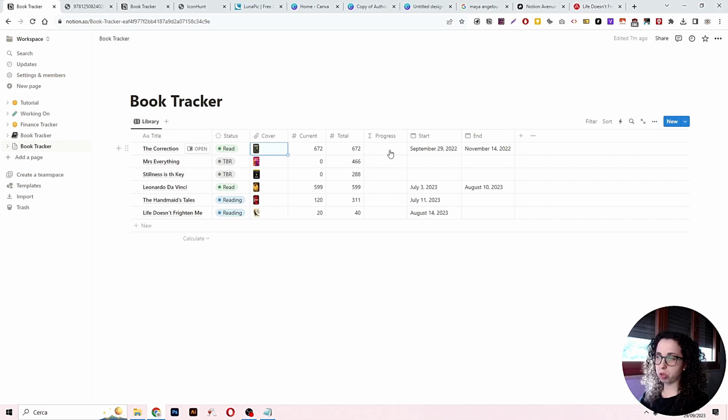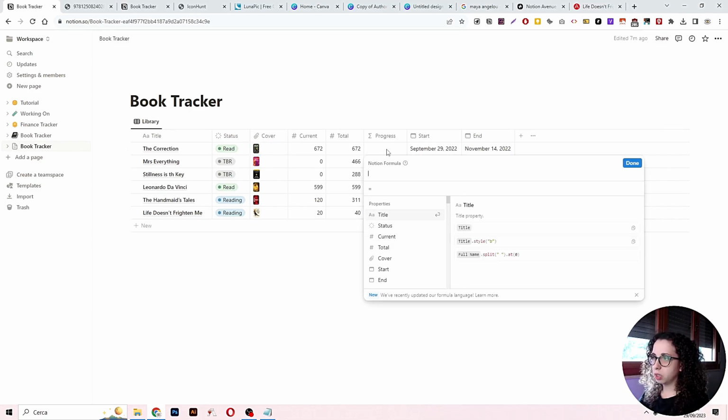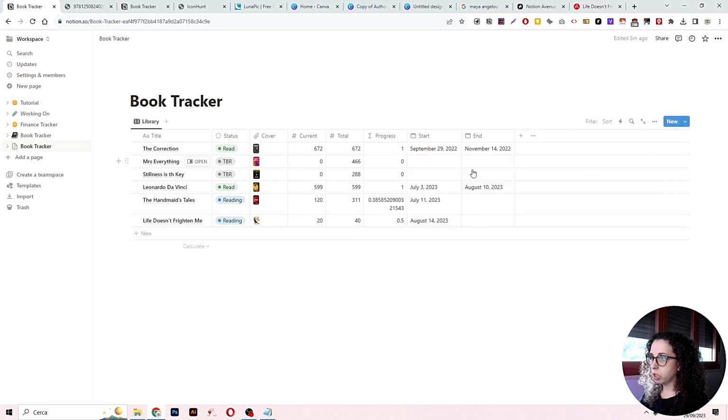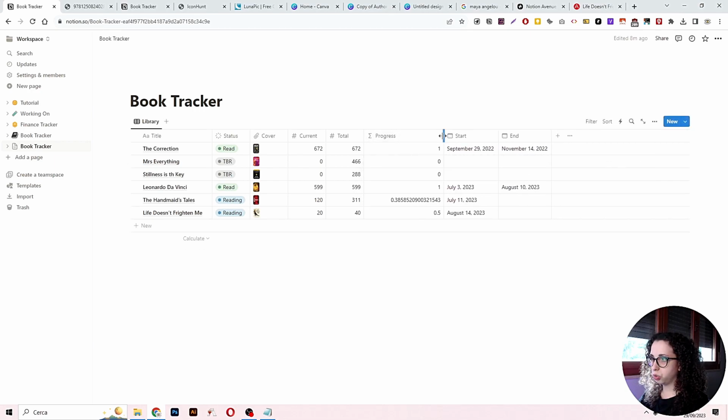Next, we need to do the progress bar. To do the progress bar, it's pretty simple actually. So we need to do current divided by total, right? Multiply by 100, you have the percent. So let's do this. So we have current, and we're going to type slash for the divide, and divide by total. Done. You see that here we have a lot of digits,